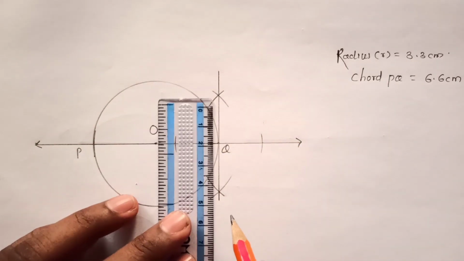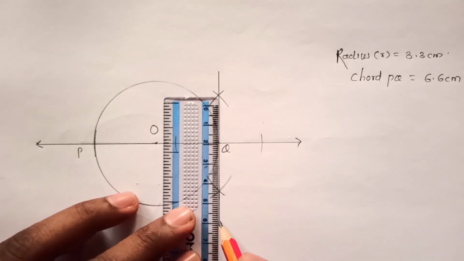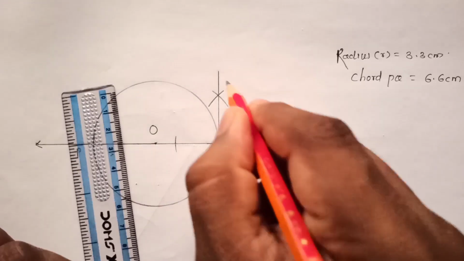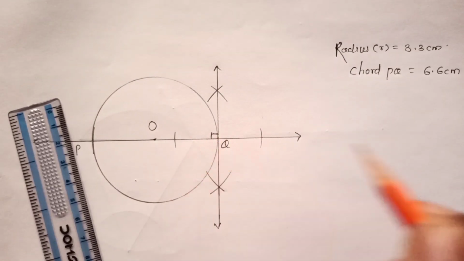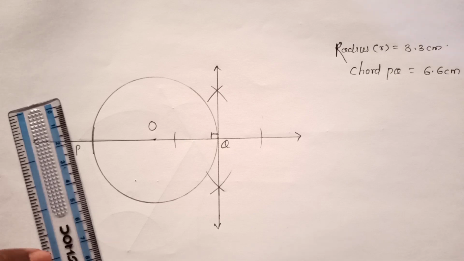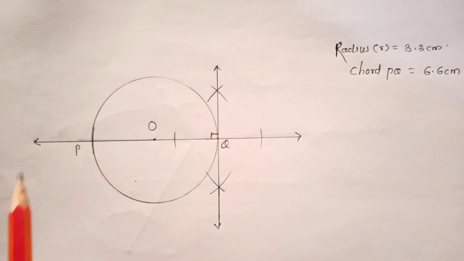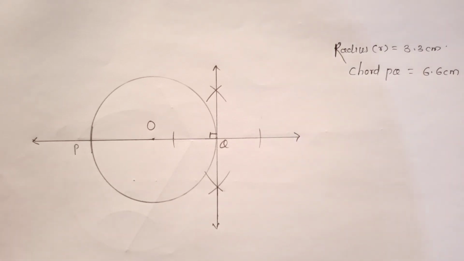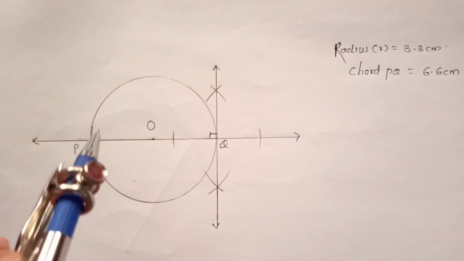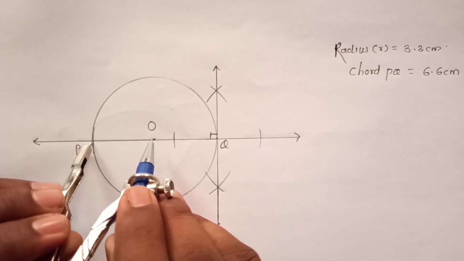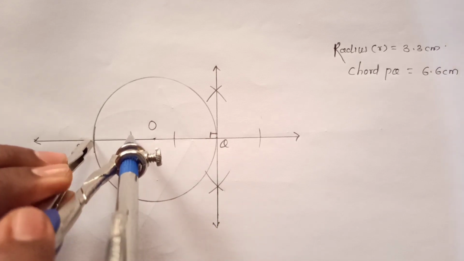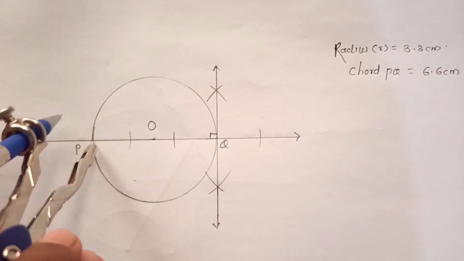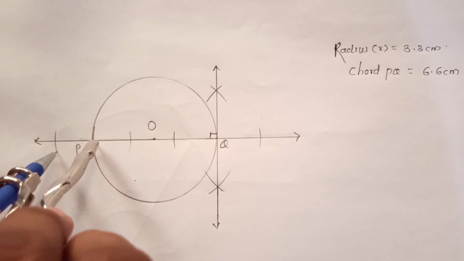Okay, so in this way, this is the first tangent from the point Q, which is a perpendicular here. Now similarly we will construct another tangent from this point P. So again hold this compass on a point P, taking a sufficient distance, and that distance should be less than radius. So first arc to the inside of the circle, now another arc to the outside of the circle.